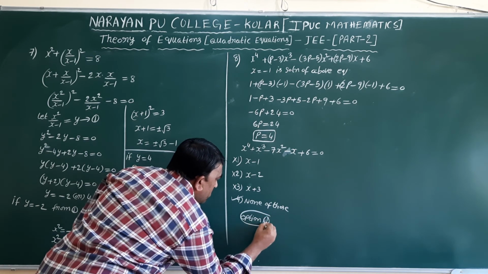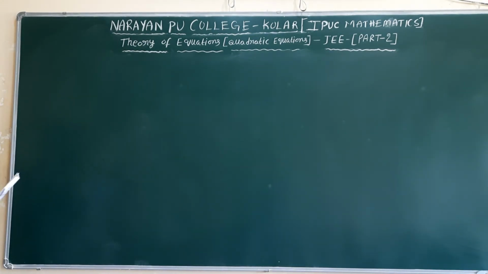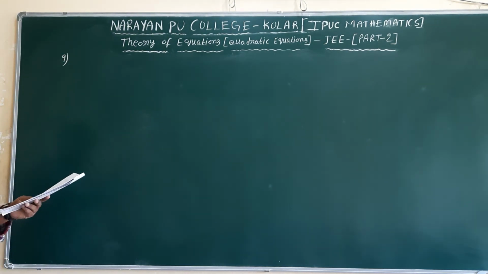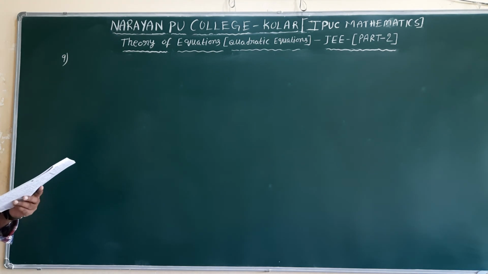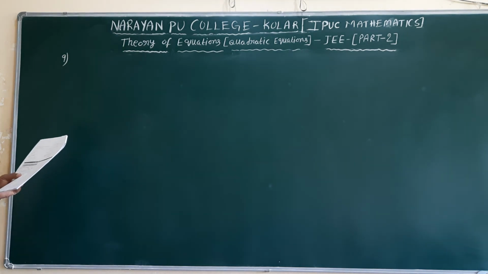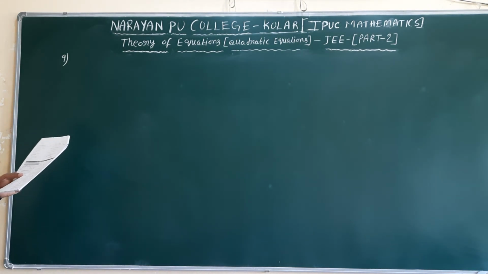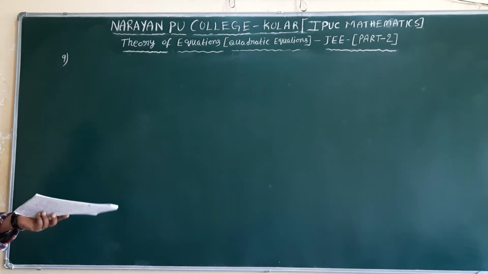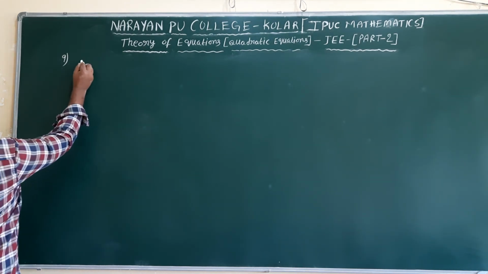Option D or option 4, whatever it may be. Next question, question number 9. When an unknown polynomial is divided by x minus 1 and x minus 2, we obtain the remainder 2 and 1 respectively. Then the remainder resulting from the division of this polynomial is required. First, the polynomial p of x.